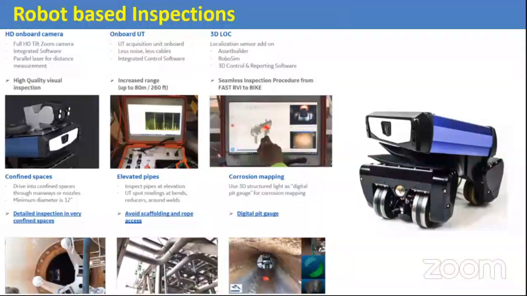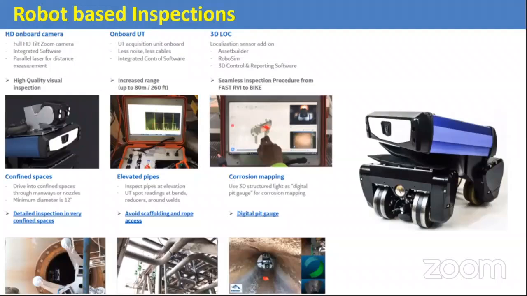Of course, the other big enabler for digital transformation is the use of different delivery mechanisms. A lot of digitization can be enabled if you use automated delivery mechanisms. So clearly, robotic-based inspection is gaining a lot of importance. Again, can't get into the details.